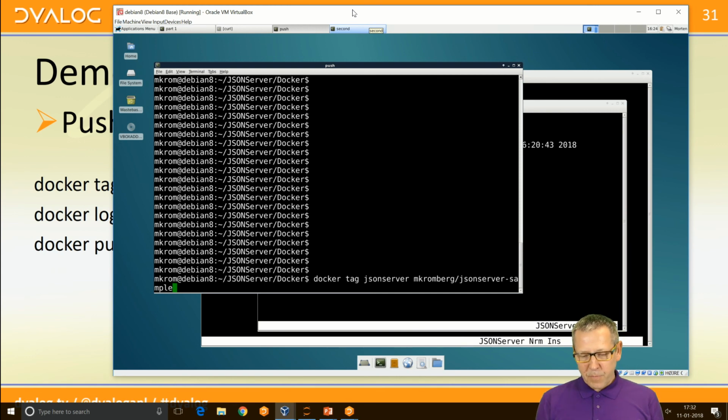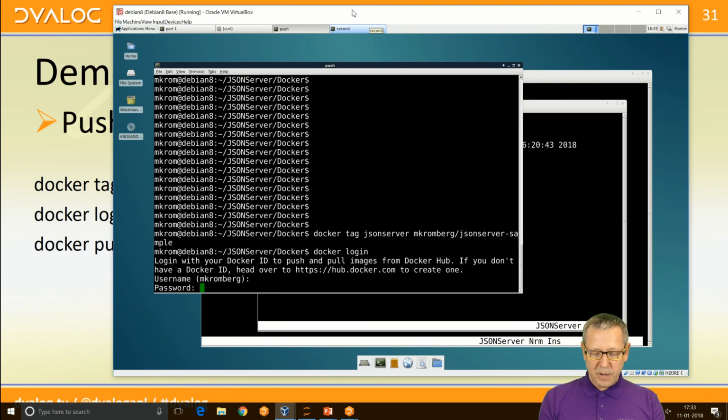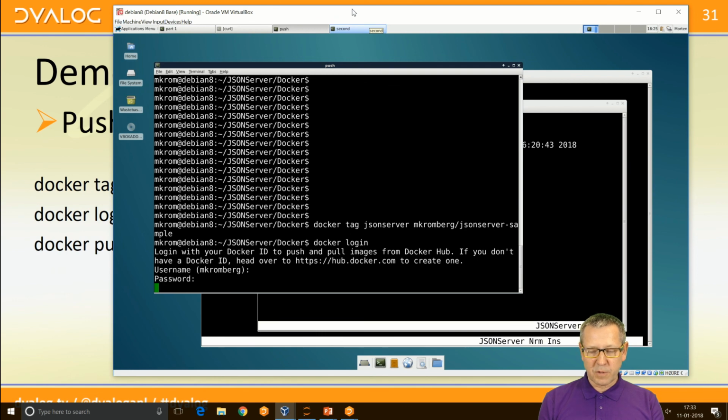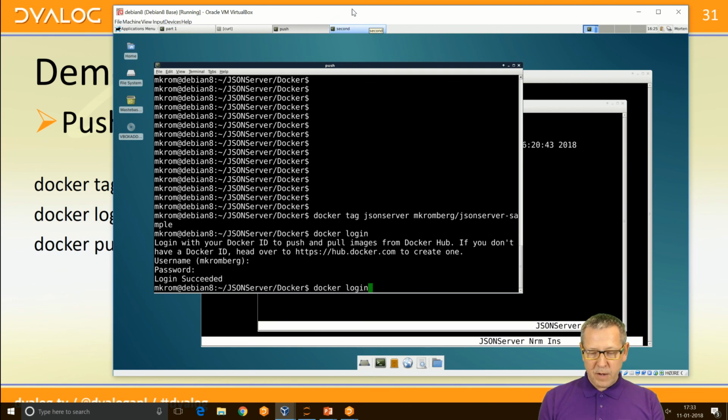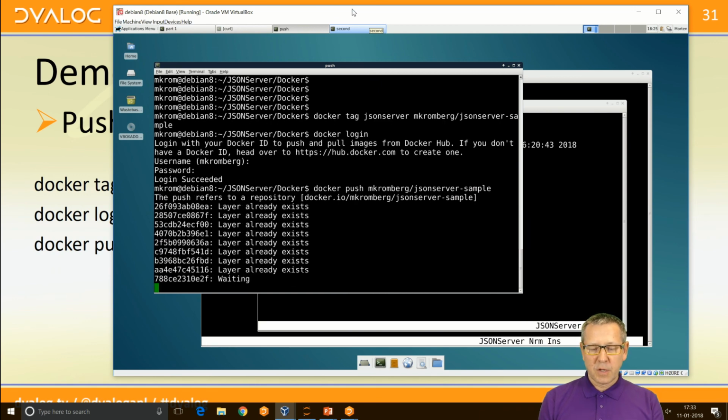Yep. Right, so I just called this thing JSON Server. To push it up to the hub, I need to give it a name like the one I have here, so Kromberg/JSONServerSample, because that's my application really, and it needs to be under my name. And then I need to say docker login, and I need to log in. I have to remember my password for the Docker Hub, and then I say docker push